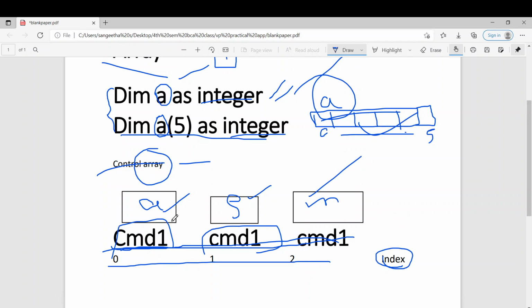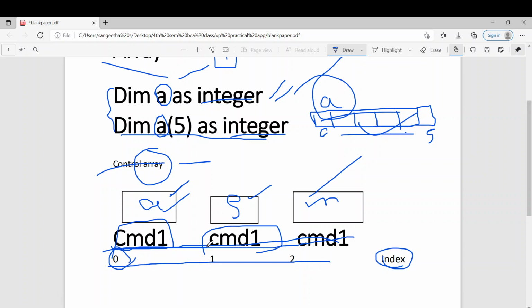For command button 1 with index 0, I will perform addition. For that I will write code for addition using a condition statement. With the help of that condition statement, when your index value is 0, it performs addition. So here you can understand that with a single name, we'll be performing multiple operations.